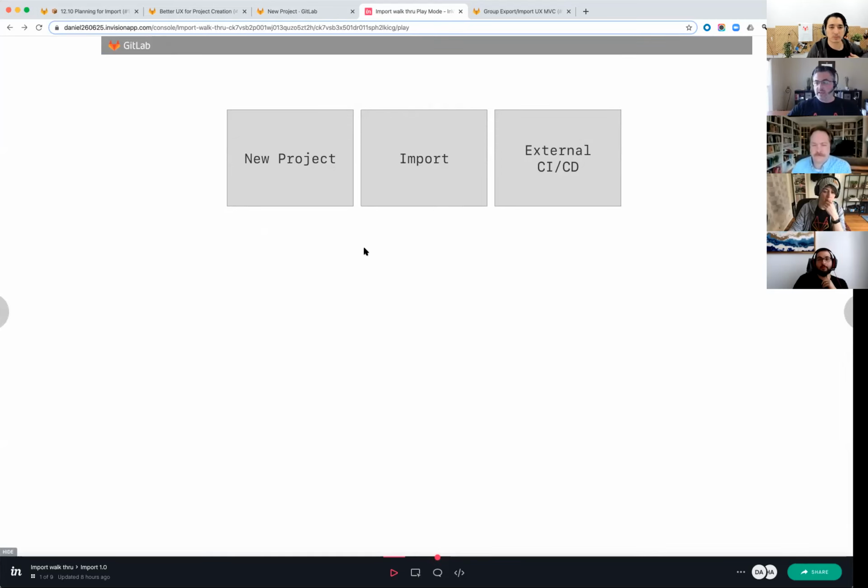the ball moving and have the bias toward action, while we're still doing some of the larger research around exactly how all this is going to play out, because some of the imports happen here at the new project page. Some of them actually have a button on top of the issues list to import issues. And once we start talking about this